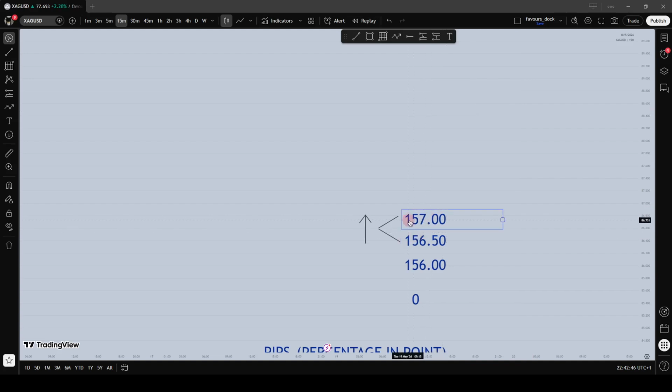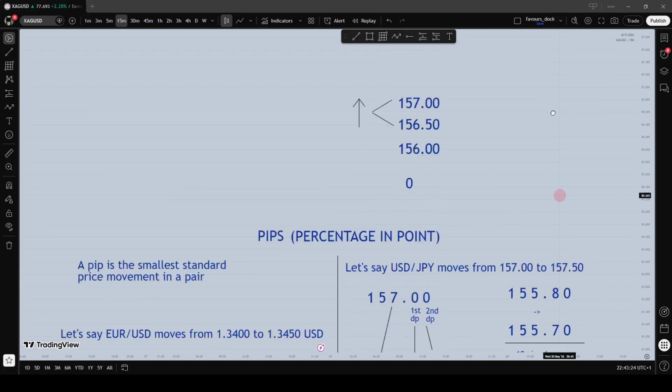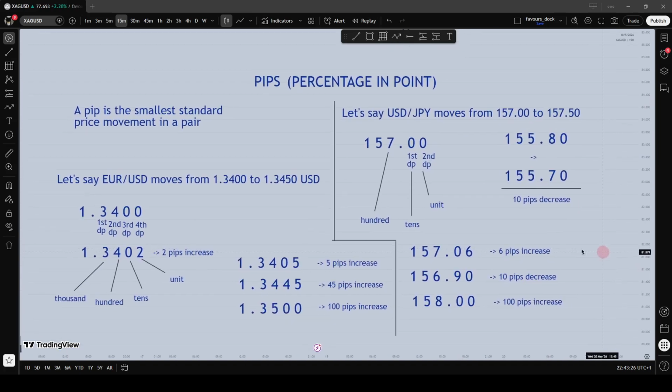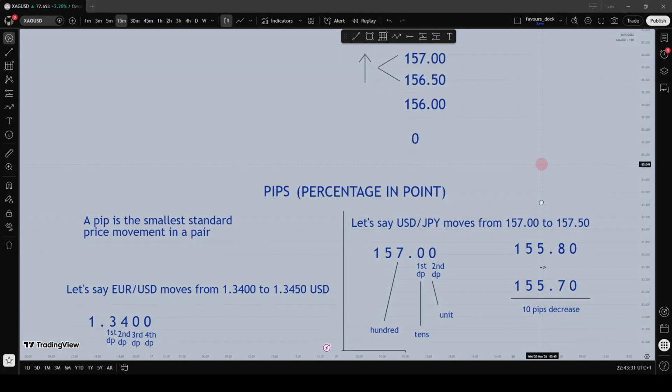So if you just do 157.00 minus 156.50 inside your calculator, you get the amount of pips. Your calculator should give you 0.50. And from our drawing here, we said that 0.50 is the what? Tens. That means you have a 50 pip